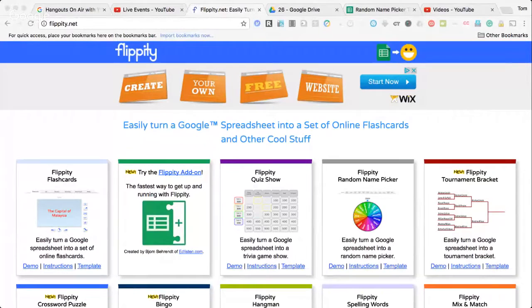So the website that we're looking at right now is flippity.net. You can see they have a bunch of tools available here that could certainly be useful. Today we're going to talk about this one right here, the random name picker. Okay, so let's see. If we click on instructions here,